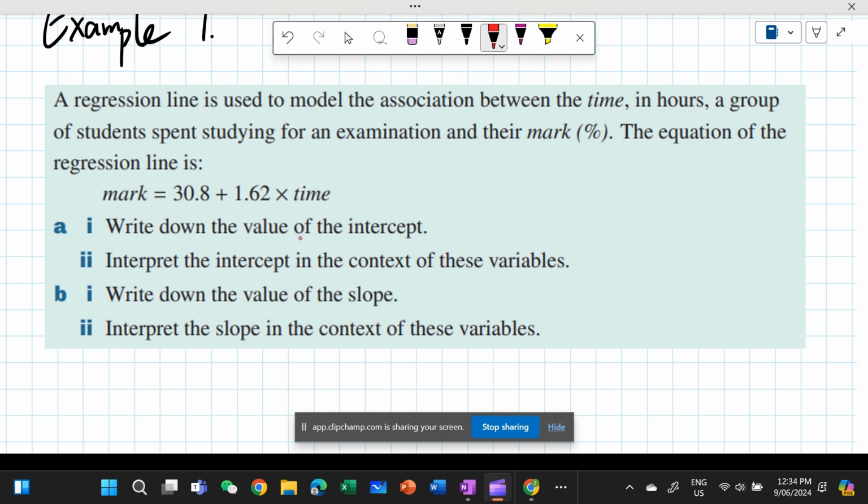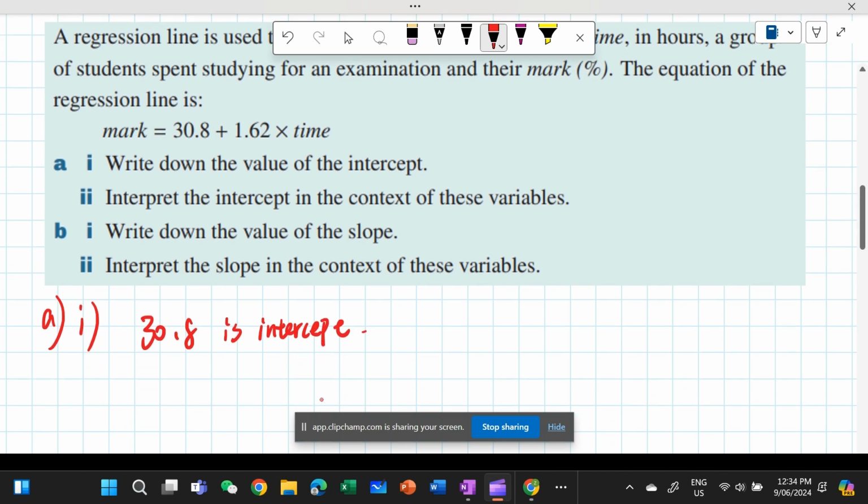Write down the intercept. So first one, question A, 1, 30.8 is the intercept. And question 2,